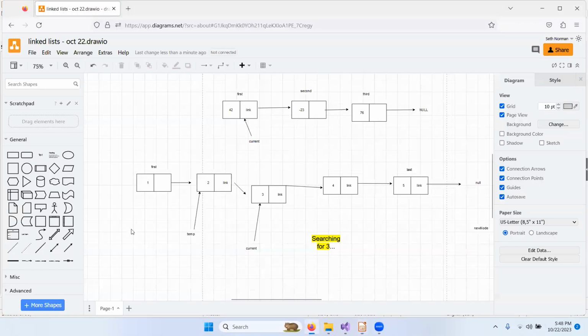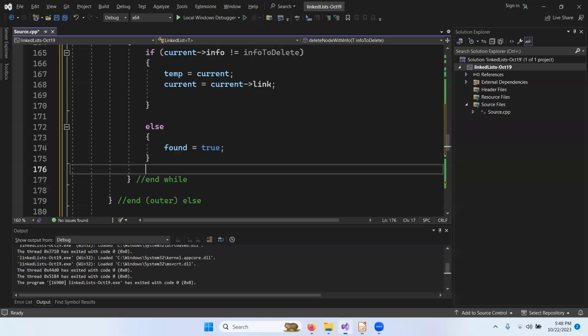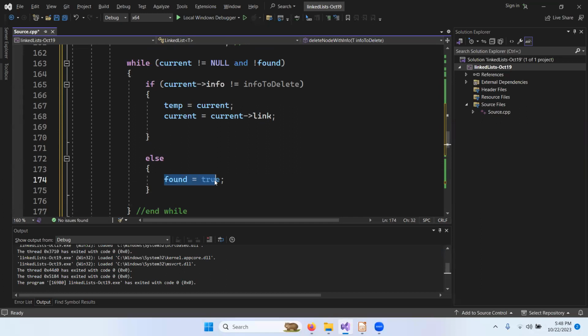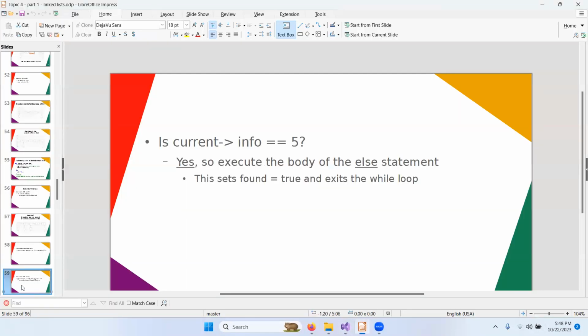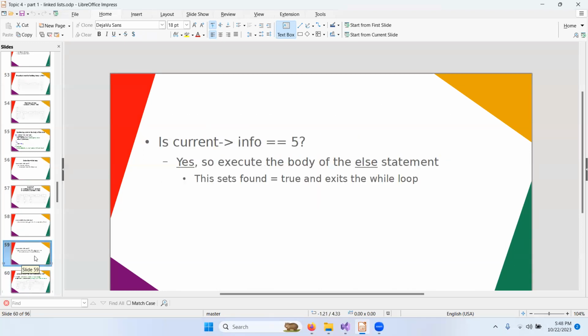Now is current arrow info equal to the target value, which is 3? Yes. So that's true. So coming back to the code, we set found equal to true, and now what do we want to do? We want to delete that node. Okay, so